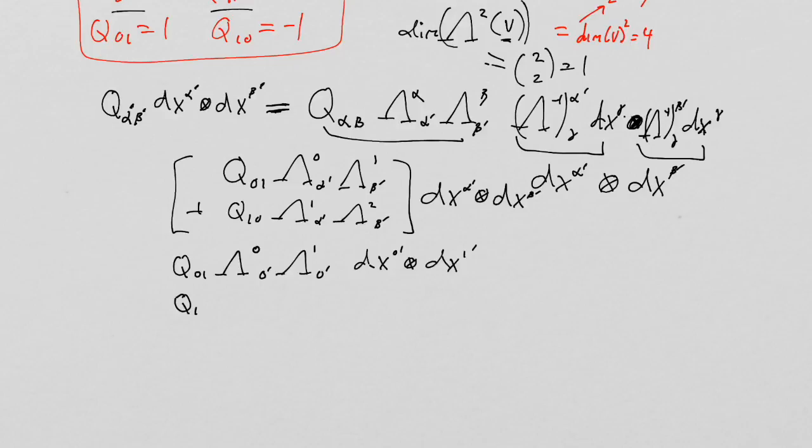Well, let's stick with the q00s, or the q01. So the q01 prime, there's this one, and then there's q01 of lambda 0. I guess the next one would be 0 prime lambda 1, 1 prime dx 0 prime tensor product dx 1 prime. Actually, I'm sorry. Look, this is a 0 here, that's a 0 here. These align with these, so this is supposed to be a 0 here. And of course, that term goes to 0 because